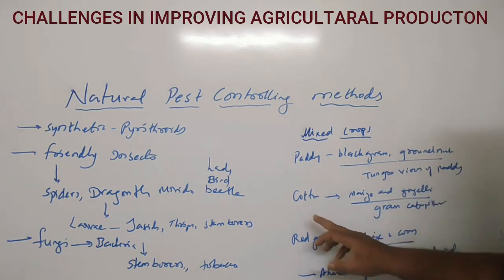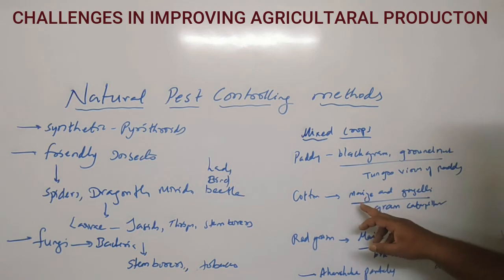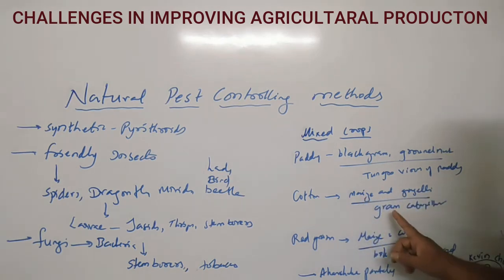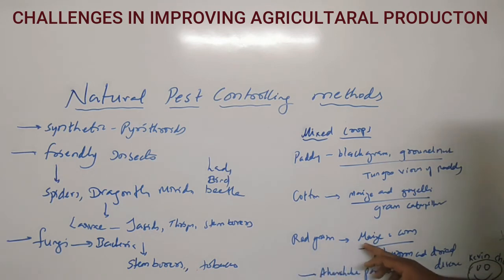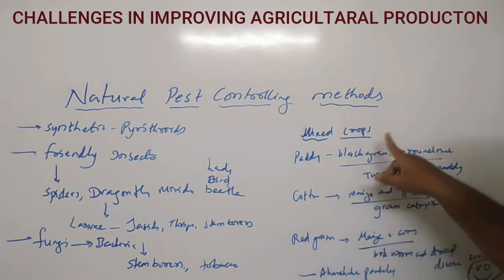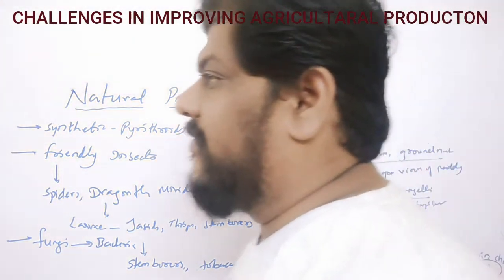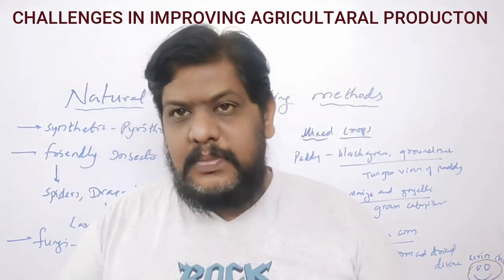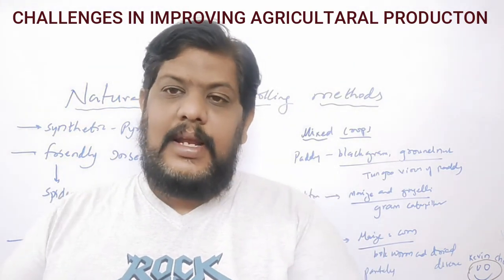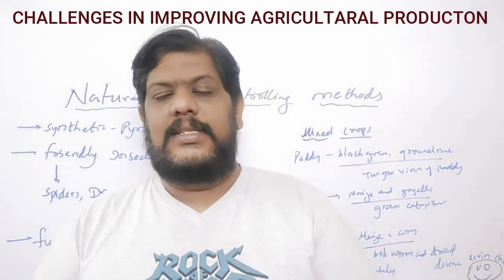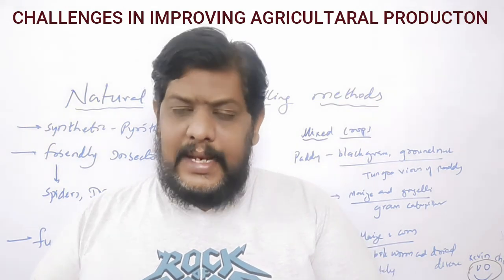Immediately after the cotton crop, if you raise maize and gingelly plants, you can get rid of the gram caterpillar. After the red gram plant and all, you can raise maize and corn. That will destroy the budworm and the dry diseases and all. So all these plants are called Akarshaka Pantalu, trap crops. These are the different methods by which farmers can get rid of the several diseases and all these disease-causing insects